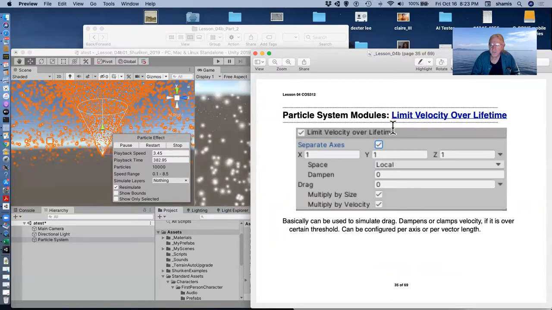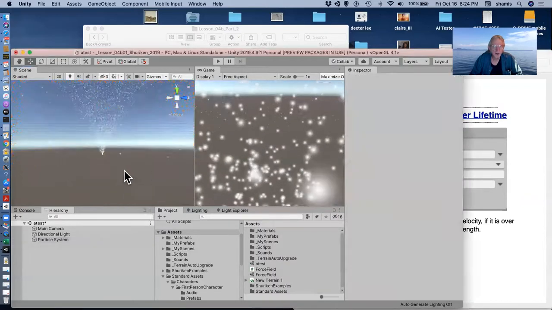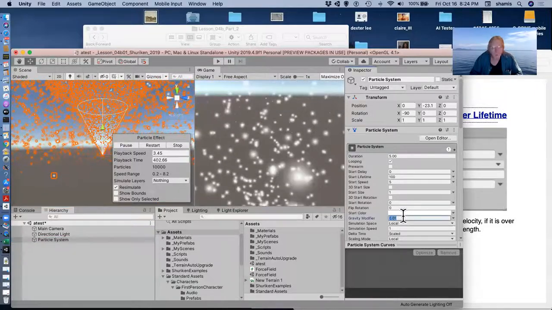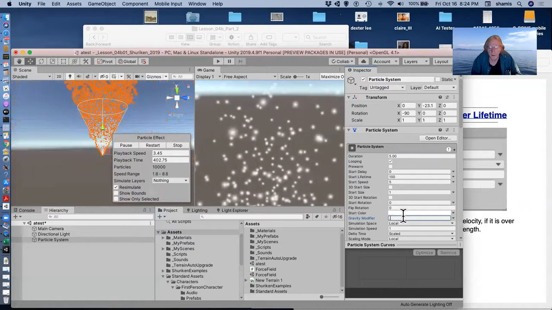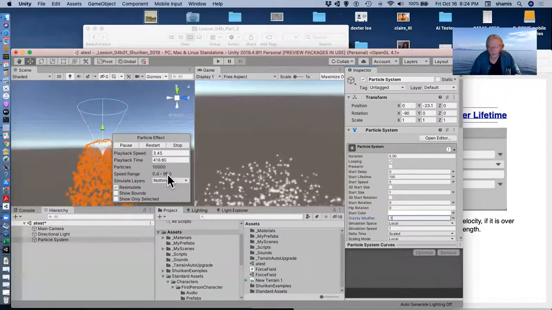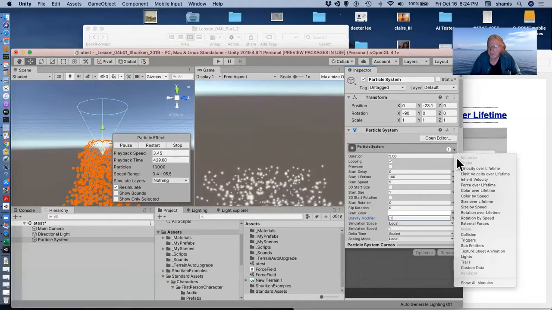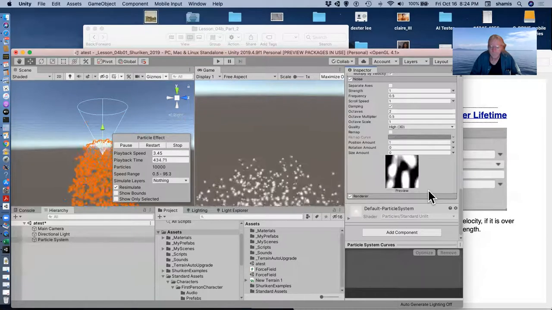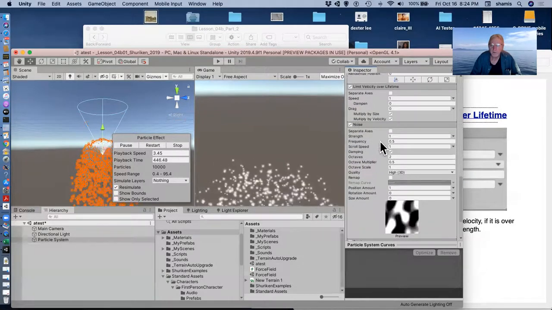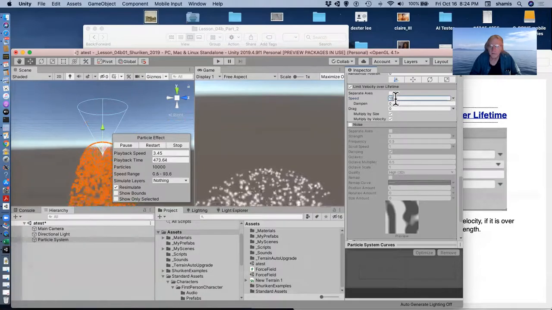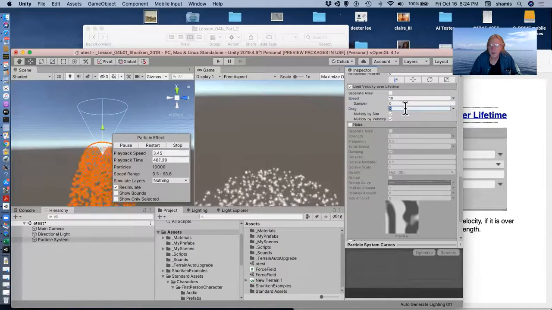Limit velocity over lifetime is going to stop our particles from falling too fast. You remember over here with the 0.1 gravity value, the particles got up to a relatively high velocity. If I add that limit velocity over lifetime module, turn off the noise, and I limit their speed to 10 and set a drag value of 1,